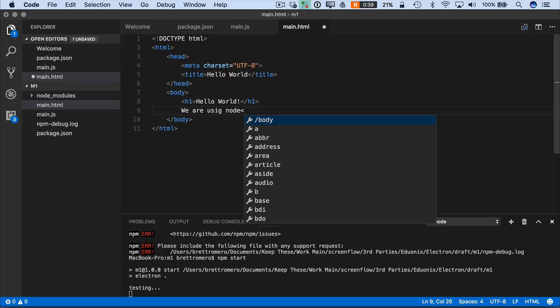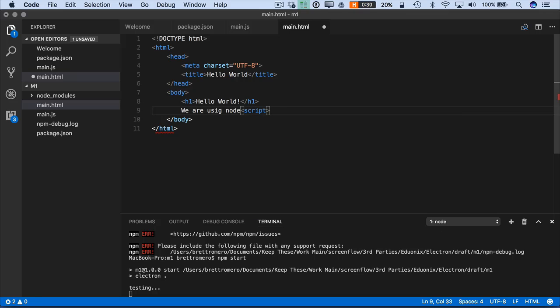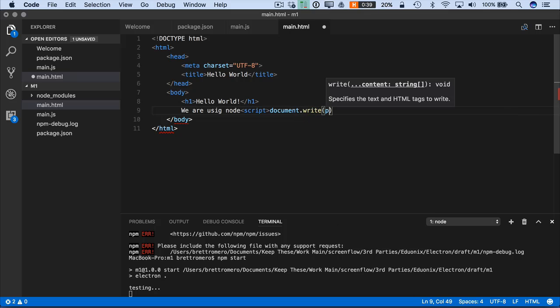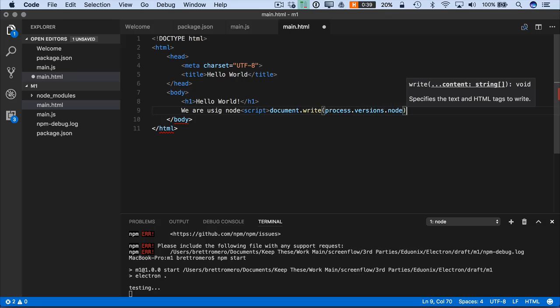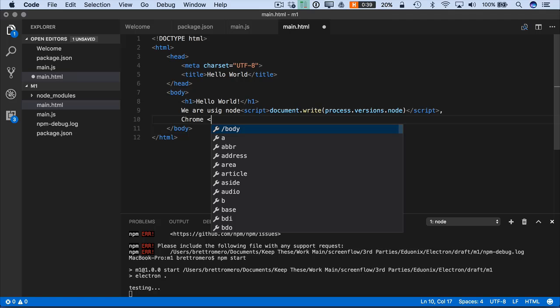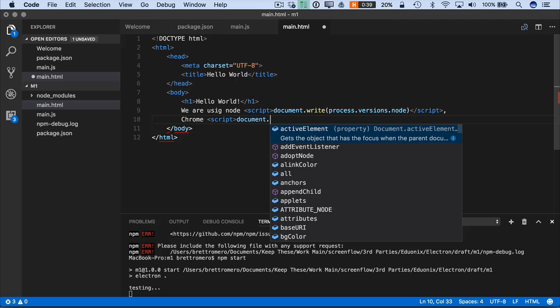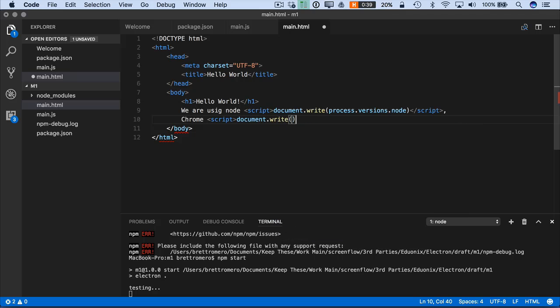And we're going to do document. It's going to be some JavaScript inline. We're going to have document dot, and we're going to do write. We're going to access process.versions.node, and we'll end this. We'll do a comma here and have Chrome, and again script. We want to do a script here just so there's a little bit of room, and this is also going to be a document.write. So in here we're going to do process.versions.chrome